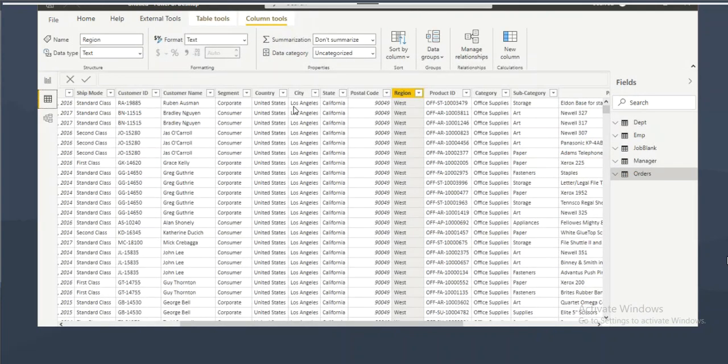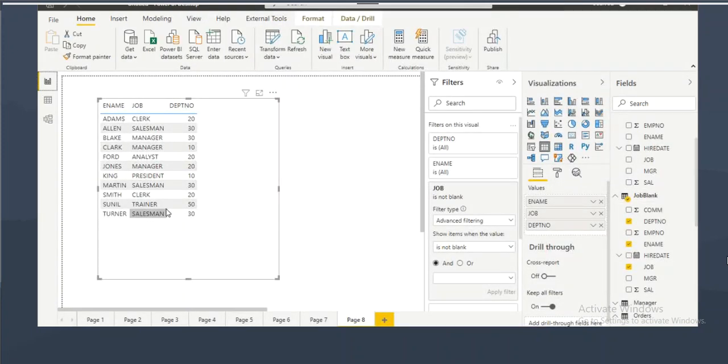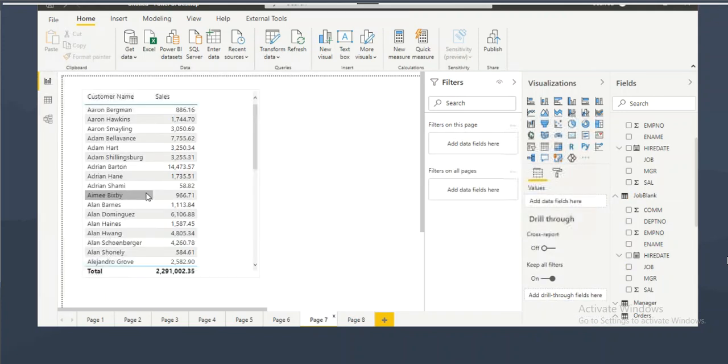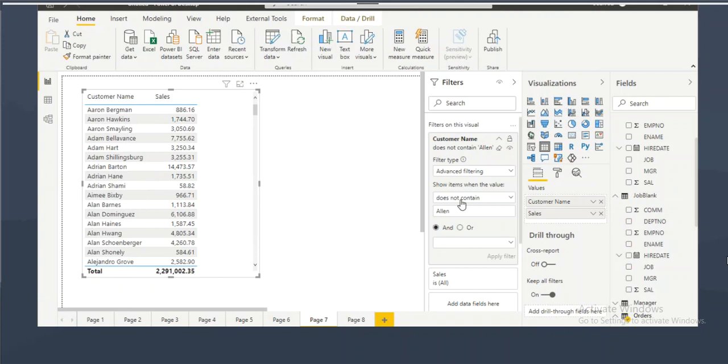Someone is asking, can we write any condition based on ending characters? Sometimes when you want to filter the data in the visual, you might not find the options. When you don't find the options, you can write DAX code, guys. In DAX, you will have a lot of different functions. When I'm filtering the data on text columns, you don't find any option where we can write the filter condition on ending characters.